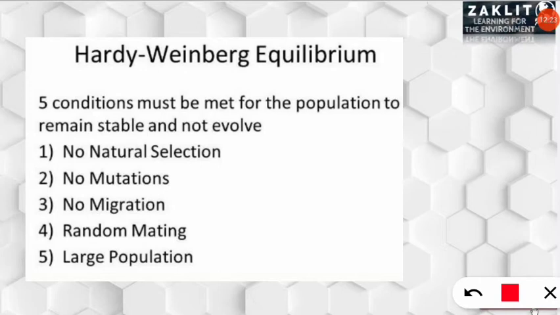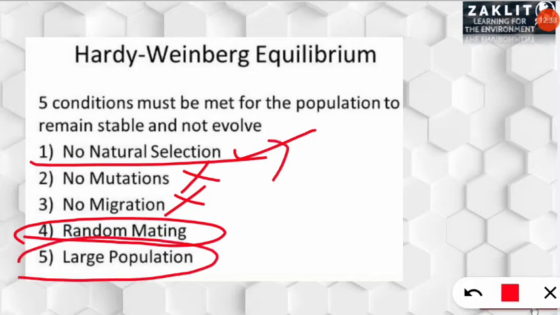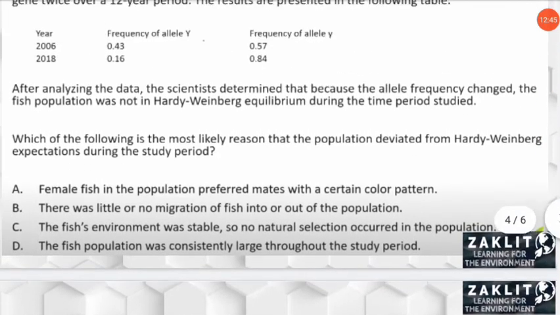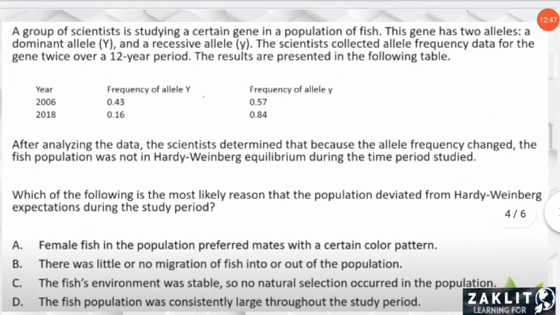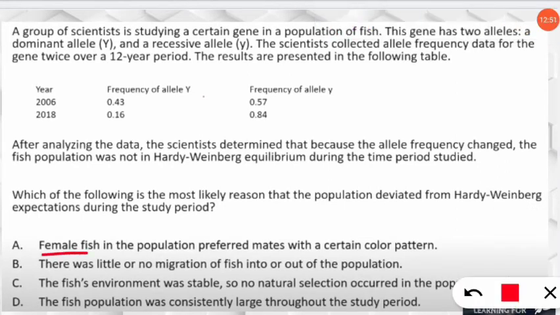First, there should be no natural selection. There should be no mutation. There should be no migration, that is immigration or emigration. And the mating should be random between male and female, and the population should be large. So if these 5 things are there, then it is following Hardy-Weinberg equilibrium. But in the options we have to see what is there and what is the correct answer according to these 5 laws. First of all, it is given that female fish, what reason could possibly be